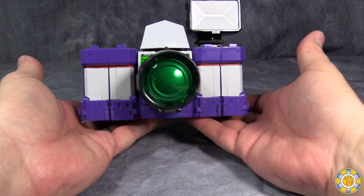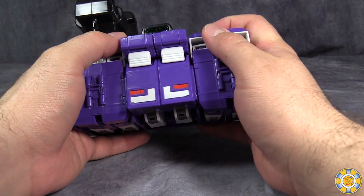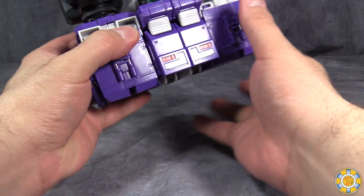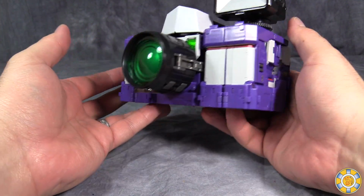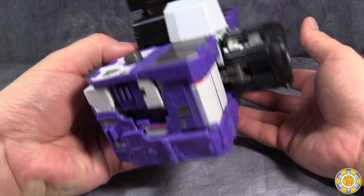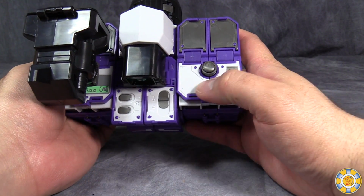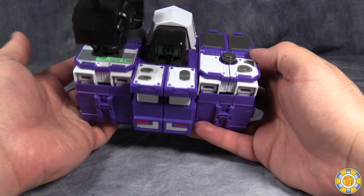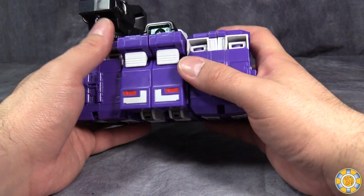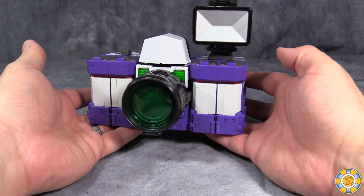Here is Visualizer's alt mode as a camera. And it is a perfectly sized camera. I mean, okay, it's a little bulky for a DSLR of modern variety, but it is really cool. I mean, look at all the different knobs and little gizmos that are molded in here, that none of them move, obviously, but it works really well and is a perfect, and I do mean perfect, rendition of the original